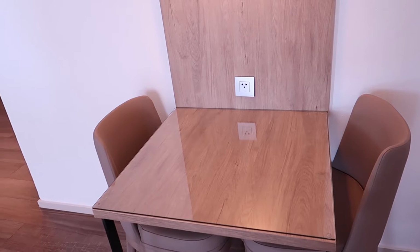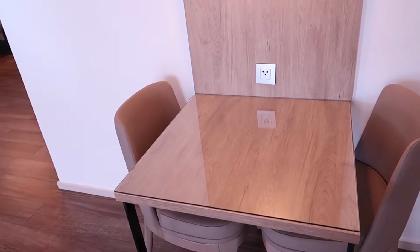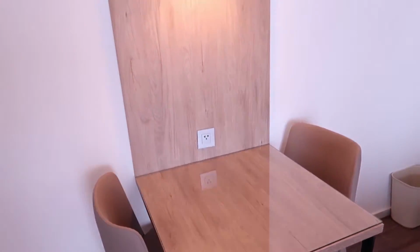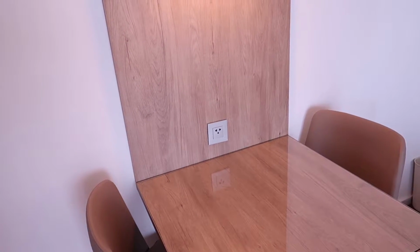So we actually did that one day. We got the room service and they came in and they set the table with napkins and knives and forks and put our plates. It was so cute. And there's another outlet just there as well if you need to use that for charging or working on your